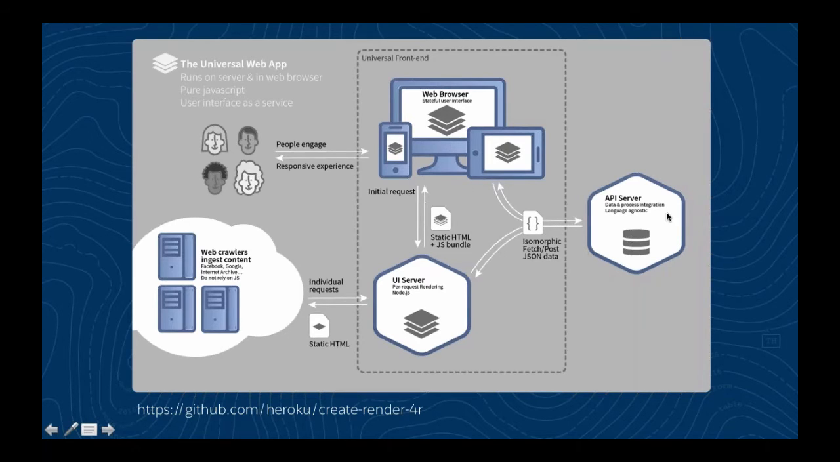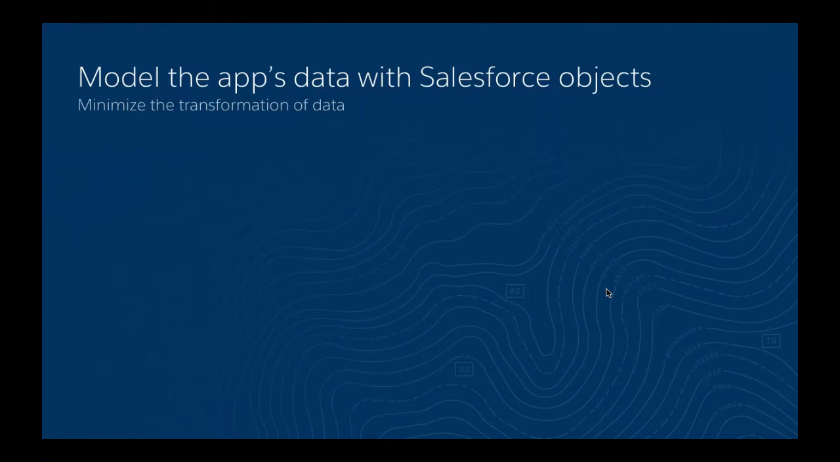So now we're going to dive into the back end. This is the API server, which is used by all aspects of that universal front end, and through that API server is where the data comes from, and that is where our Heroku Connect integration happens. So what does it mean to build an app with Heroku Connect? In this case, we want to think about how we're going to model the app's